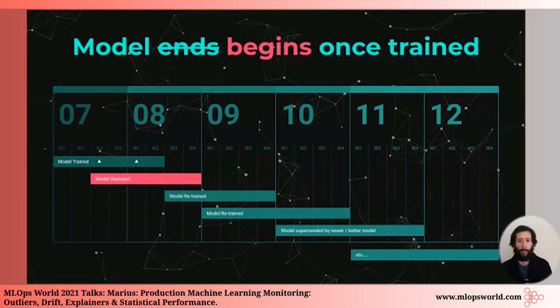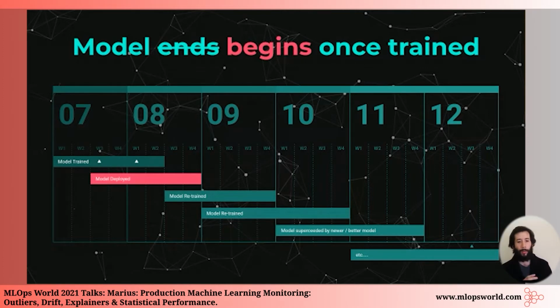But we all know that the life cycle of the machine learning model actually doesn't end once it reaches the desirable accuracy or desirable performance. If anything, it only begins when we put it into production and it starts being consumed by other applications and by other use cases. So from that perspective, we now need to understand, well, we've spent a lot of time